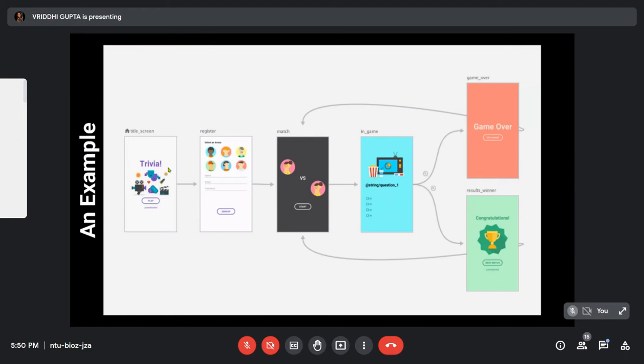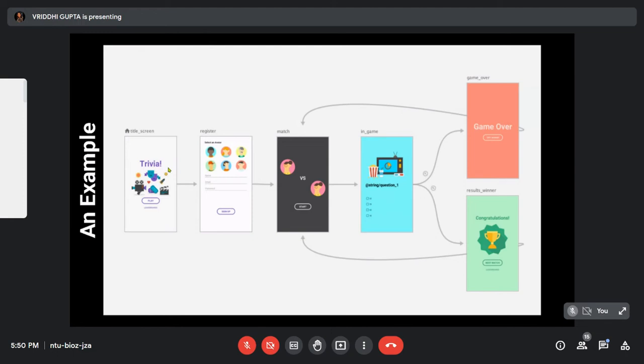See, the thing about making a navigation graph is you can either code it or you can do it on the editor. Doing it on the editor, you can make arrows between fragments, add fragments. So the code will be automatically generated, and it becomes easier for you to go along. Okay, so this is actually an example of a navigation graph for a quiz game between two players.